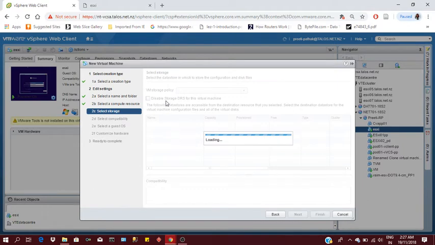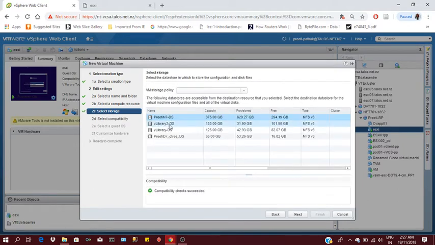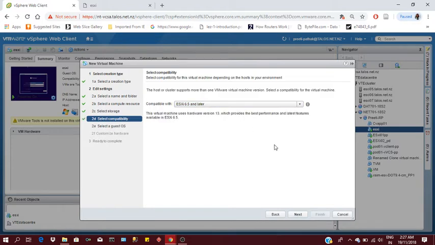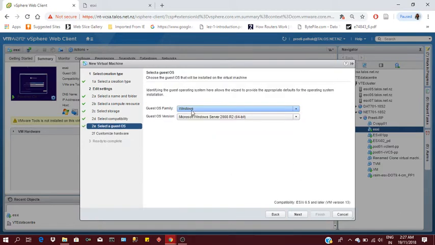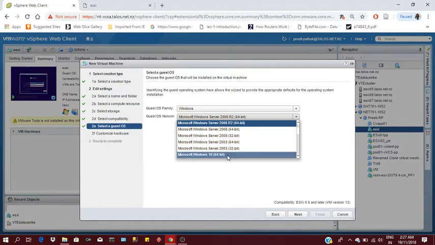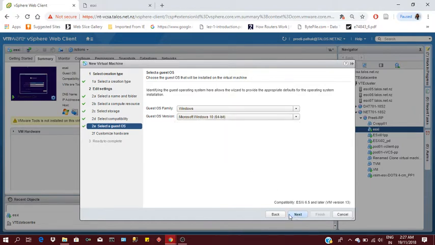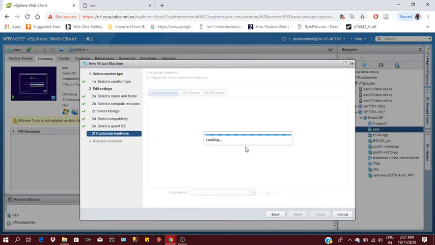As I told you, we need to select our storage. I'm selecting it and you click next. It's very simple. Compatibility is by default, leave it as it is. Then we need to select the guest OS family, which is Windows. For the guest OS version, instead of server, we need to select Windows 10, 64-bit. Then